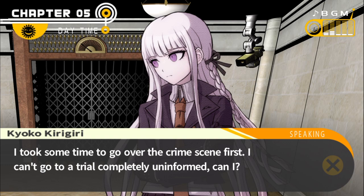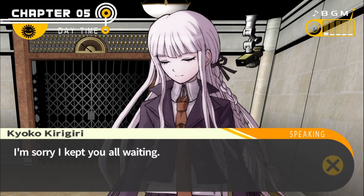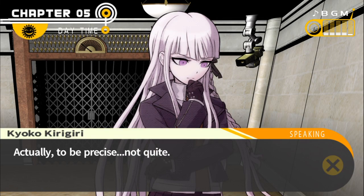I took some time to go over the crime scene first. I can't go to a trial completely uninformed, can I? That's why I was late. So I kept you waiting. But if you want the second floor of the dorms, that's what the key you found goes to. Wrong. Actually, to be precise, not quite. In other words...